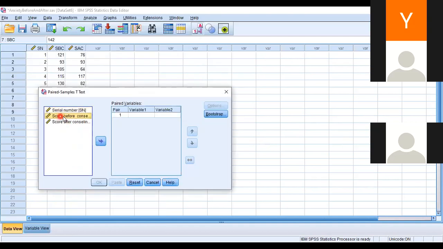So before, after, move it. If we even click on both of them, move it, it will do it like that, put it in the front. So you just say, okay.